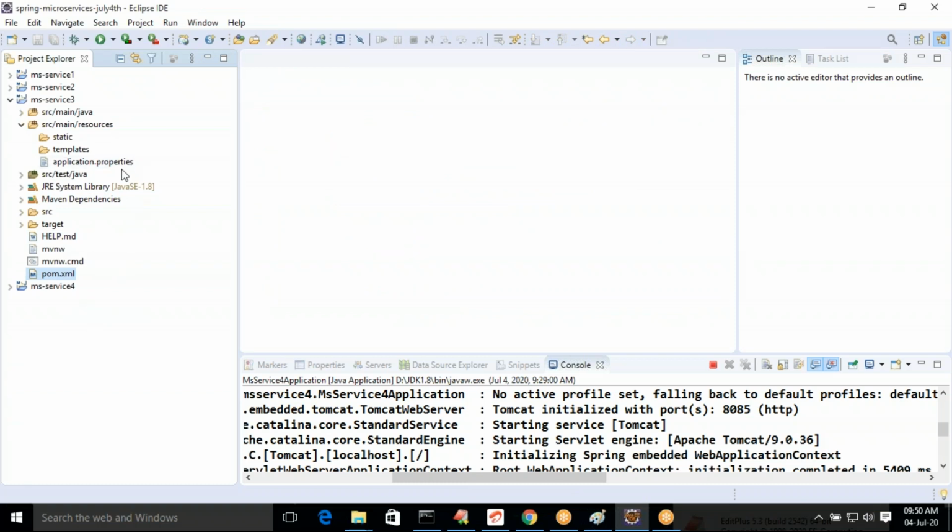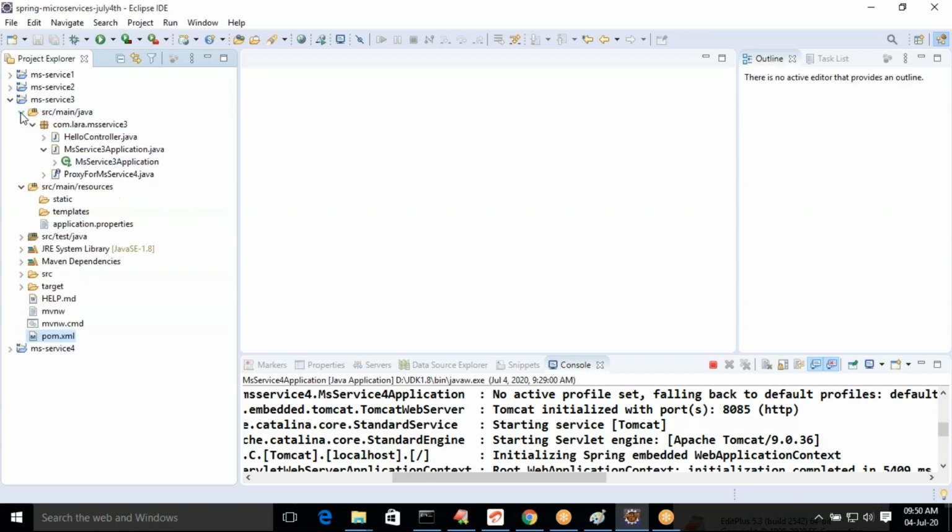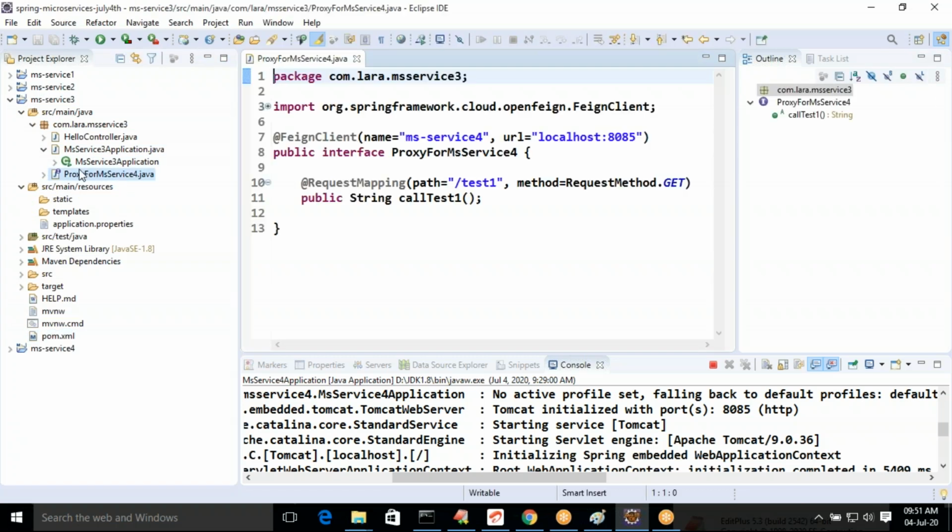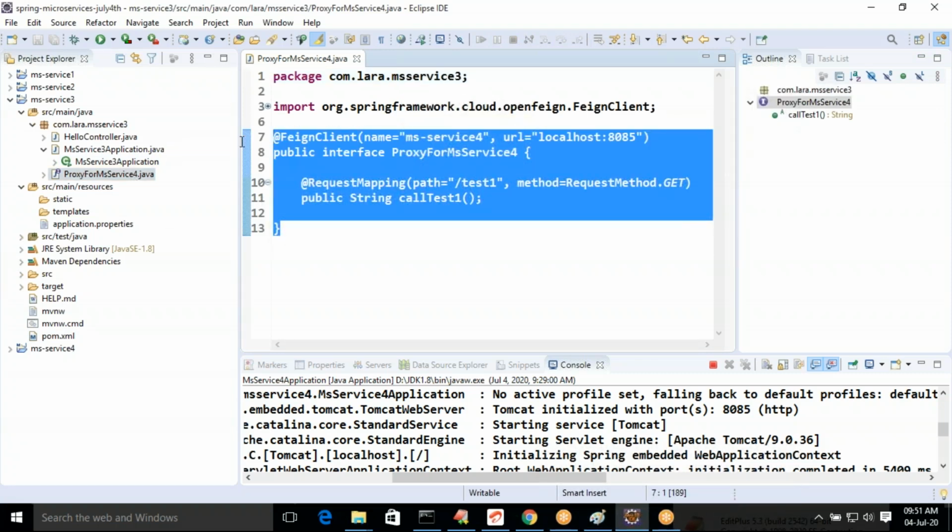I need to give a call to the API which is running at MS Service 4. Go to the MS Service 3. Define one proxy for MS Service 4. We defined a proxy, making this proxy a Feign client.